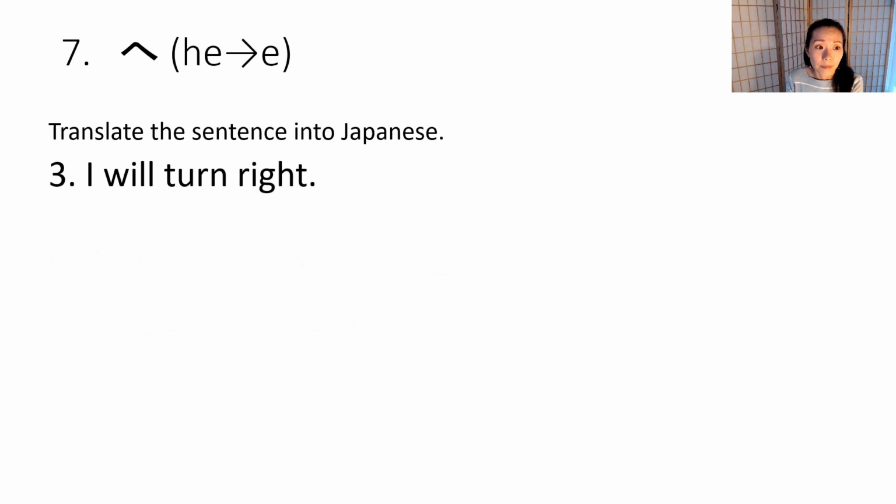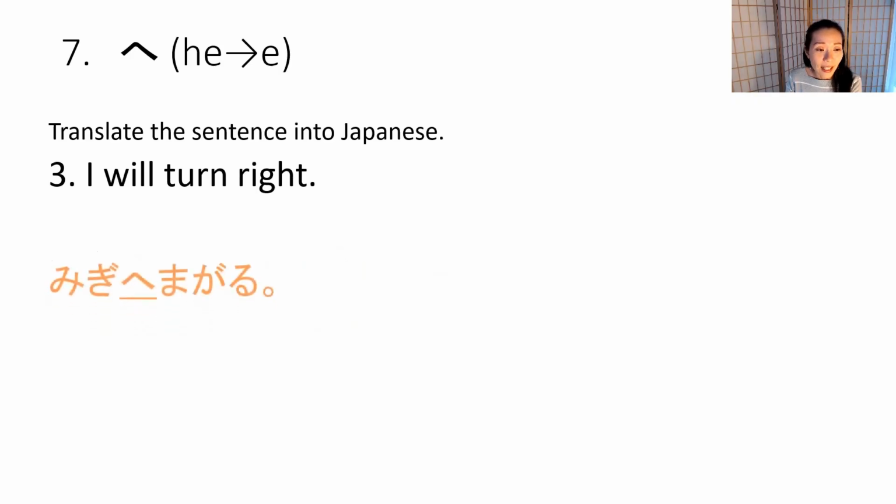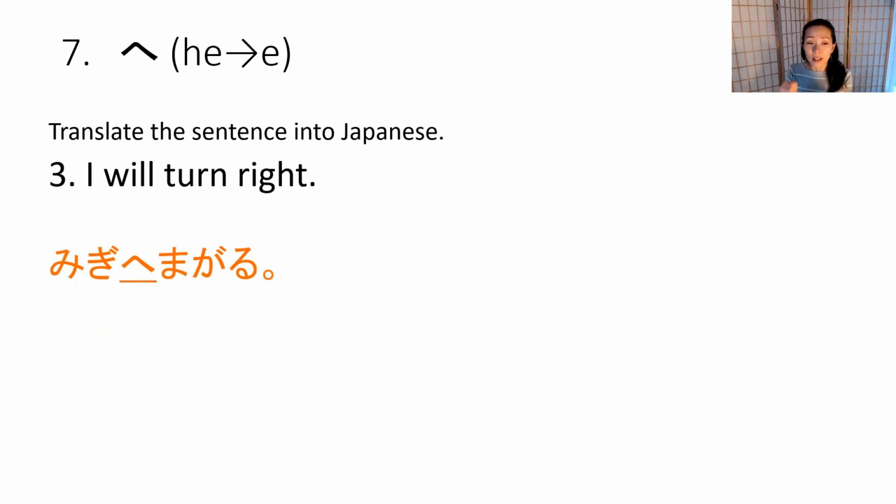Number 3. Question 3. I will turn right. これはどうですか？スタート。はい、答えを確認しましょう。右へ曲がる。So you are driving, then 右へ曲がる means to turn right. Like this. 右へ曲がる。Repeat after me. 右へ曲がる。